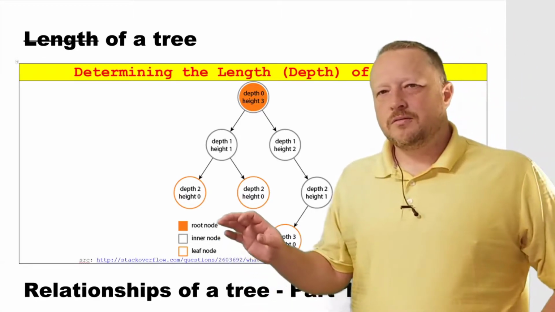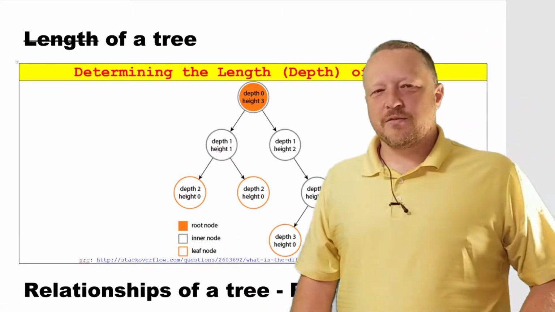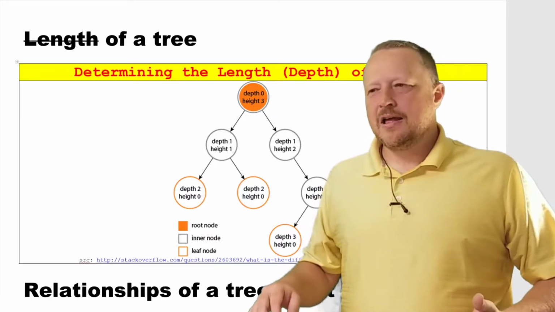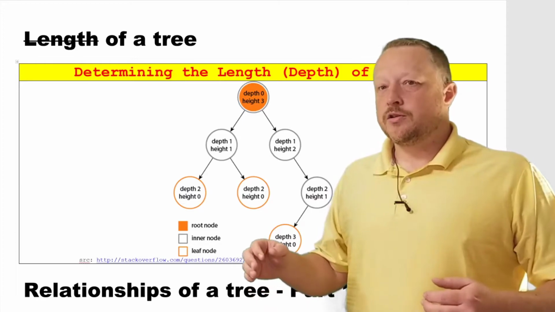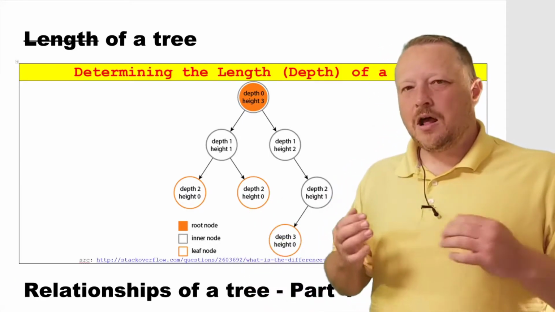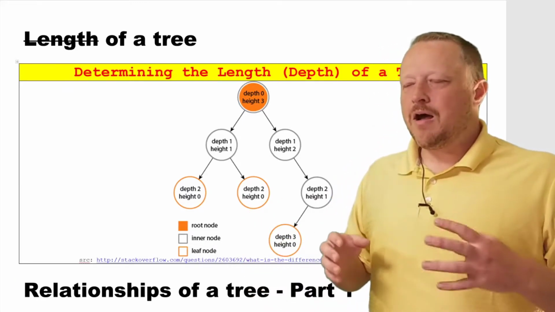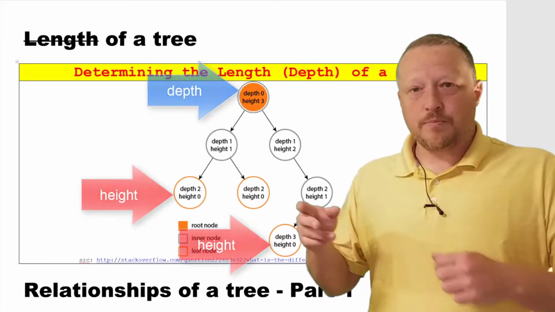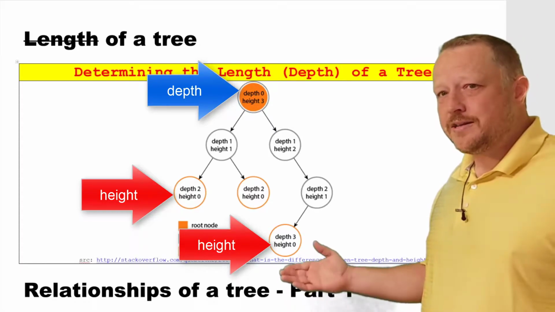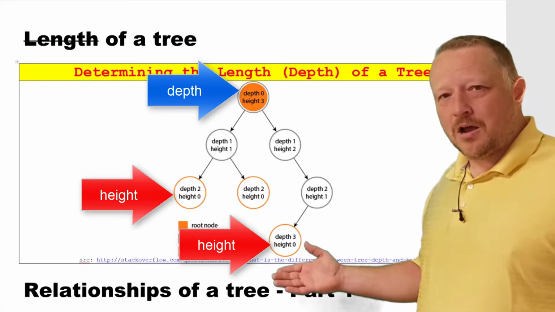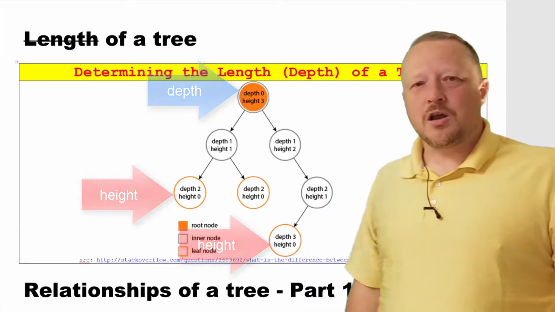So notice it says length of a tree, but length is cut out. There really isn't a length in trees. There's something called depth and height. So how I always remember this is that they're both two very different terms, and notice where they start off at zero. Height starts off at zero at the bottom of the tree, and depth starts off at zero at the